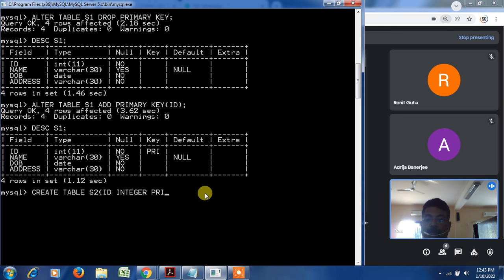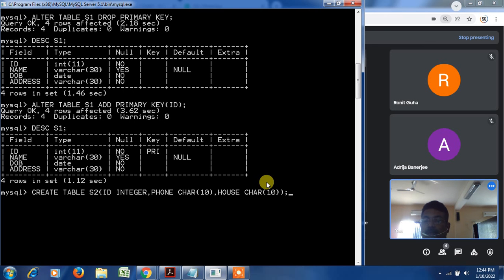ID integer, and then phone, the phone number, as CHAR(10). Then one more thing, the address, I am taking house as CHAR(10). Okay, house is there, that I am taking as char.